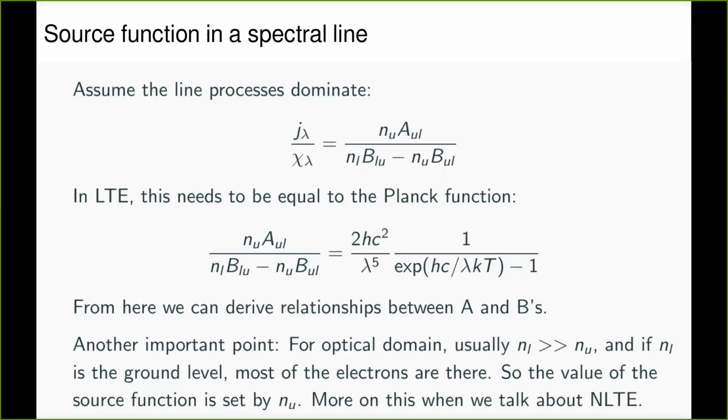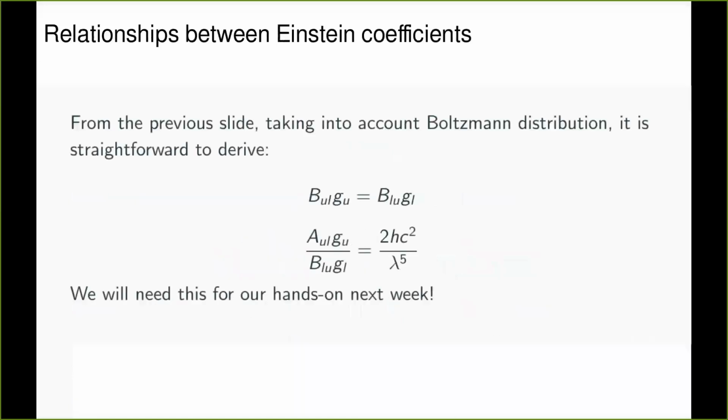Okay, we can discuss this further, but just take my word for it now that when the collisions are abundant and we have the so-called local thermodynamic equilibrium, the source function is going to be equal to the Planck function, and I can use this equality to derive the relationships between the Einstein coefficients, right? And this is pretty good for us because next week or the week after that we will want to calculate some actual opacities and emissivities from given models, and we will need these things, right?